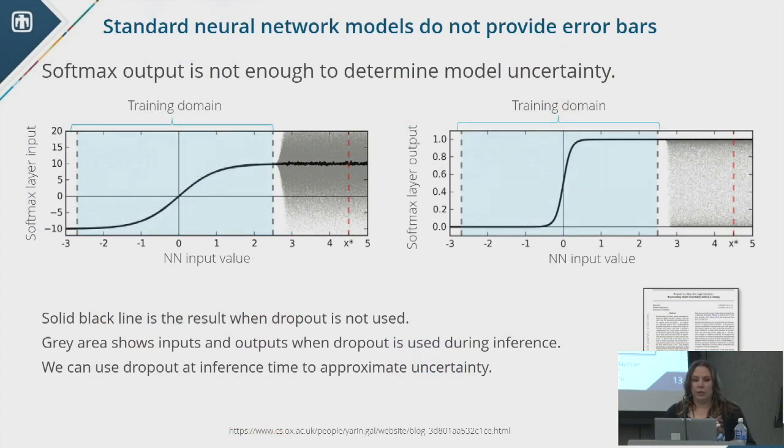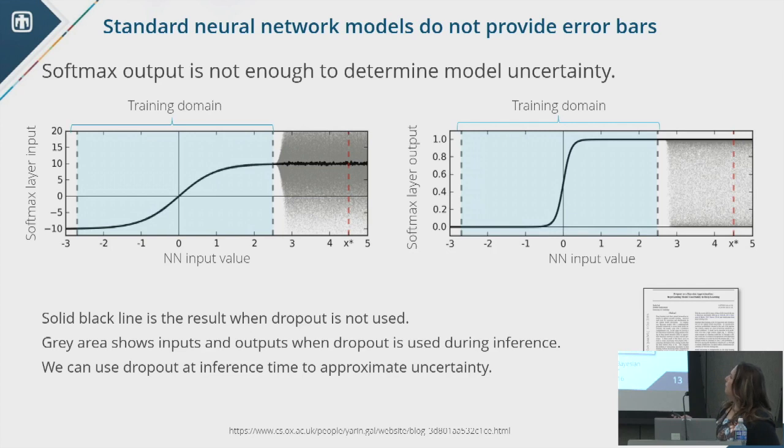So moving on to uncertainty quantification by way of Monte Carlo dropout for neural networks. This is some work from Gal and Ghahramani from, I think, 2015. It was a dissertation out of Cambridge. The problem they were trying to address is that a standard, vanilla neural network does not provide any sort of error bars. For a while, I think people thought that softmax output, if you're familiar with classification problems, can give you some sense of uncertainty. Within the training domain, sometimes that's true. But if you have examples that are out of distribution, then softmax is not going to give you a good estimate of how uncertain the model is.